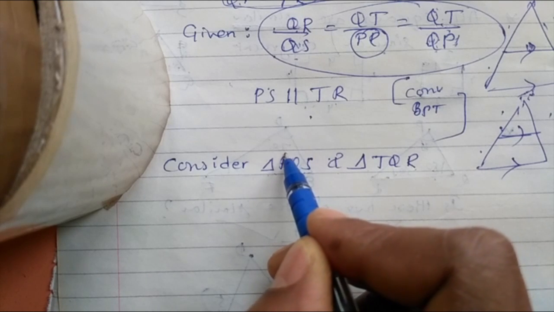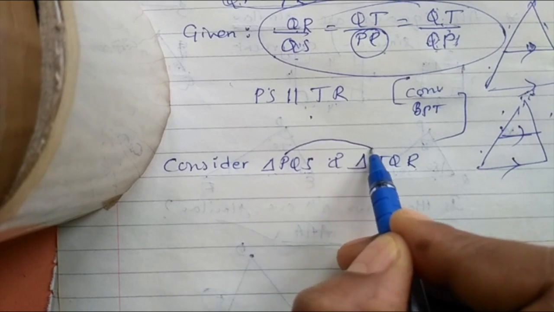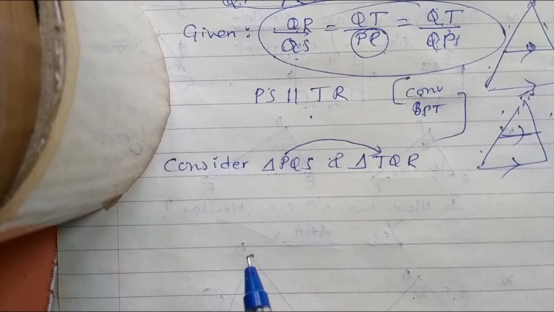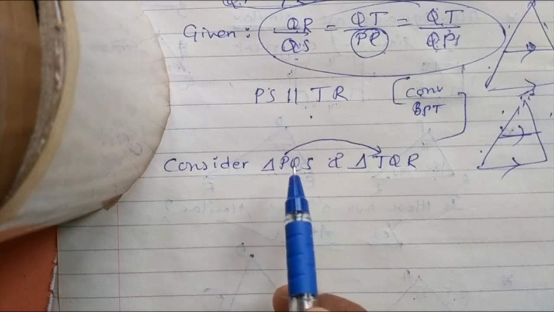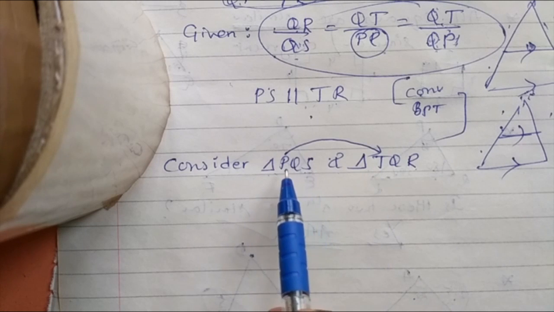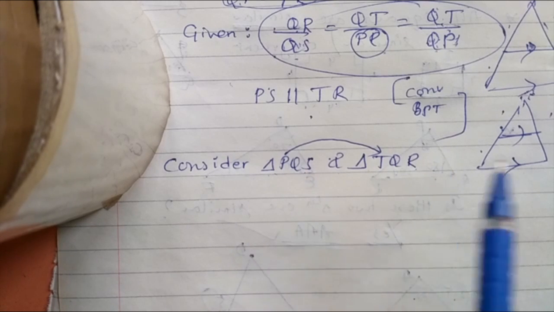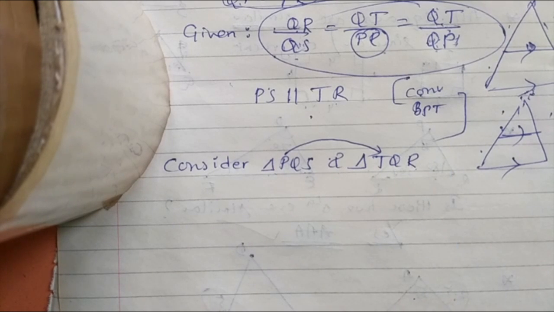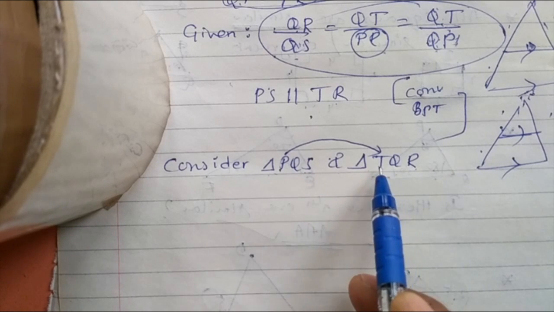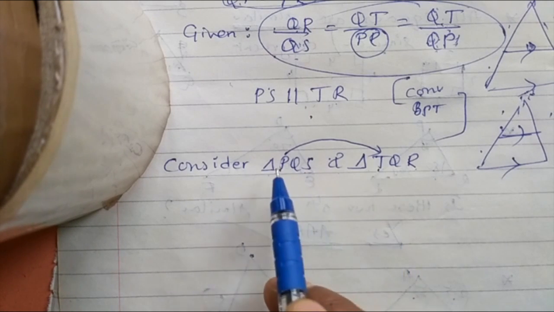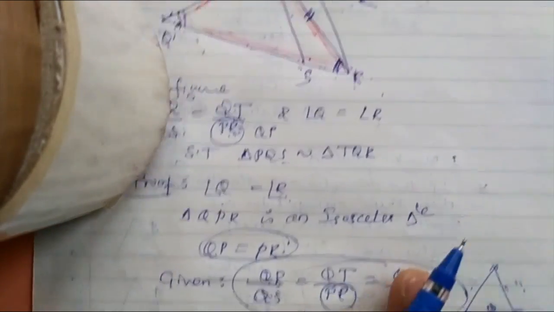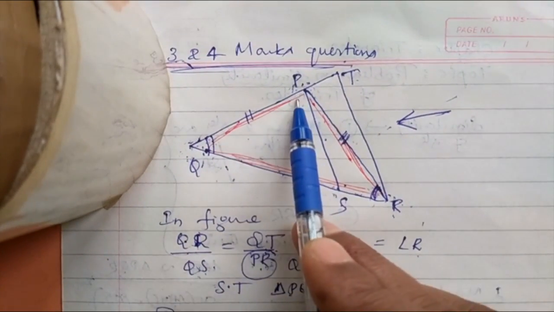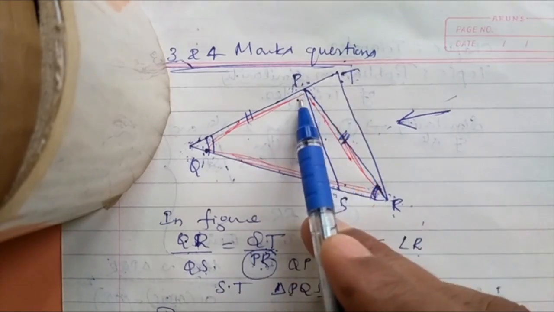First, go for angle P is equal to angle T. You know that in similarity of triangles, all three angles are equal to the corresponding angles of the second triangle. The place of angle P is occupied by angle T. Therefore, angle P and angle T are definitely equal. Why? Let us see the diagram.